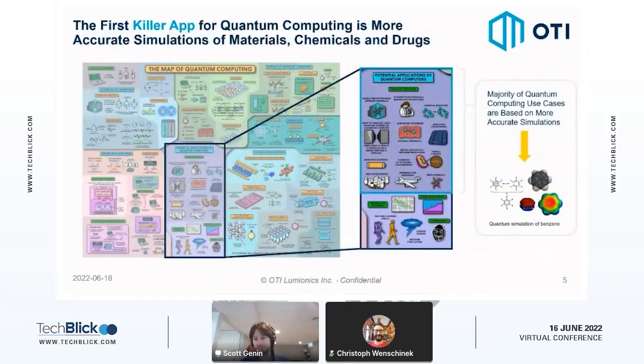But what a lot of people are predicting is that quantum chemistry will still be the killer app for materials, chemicals, and drugs. So the question is, how do we necessarily get there or